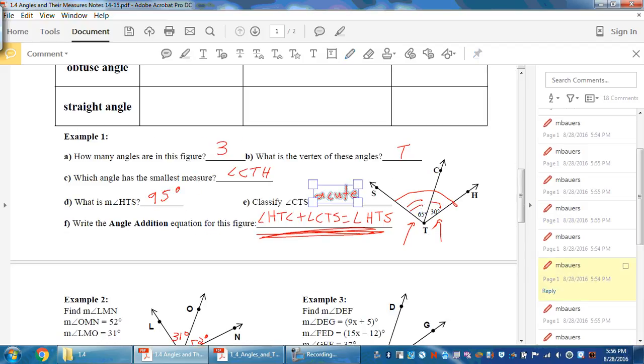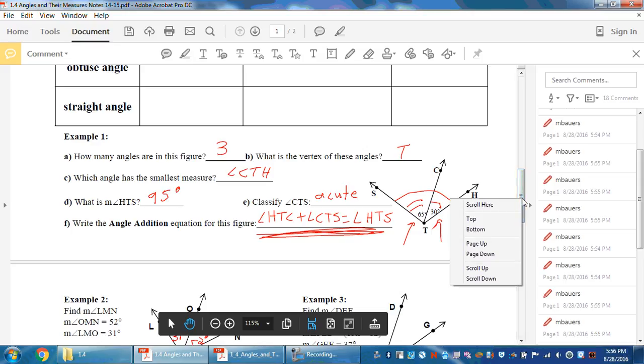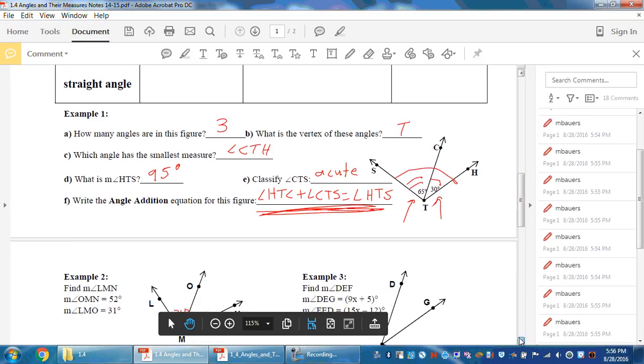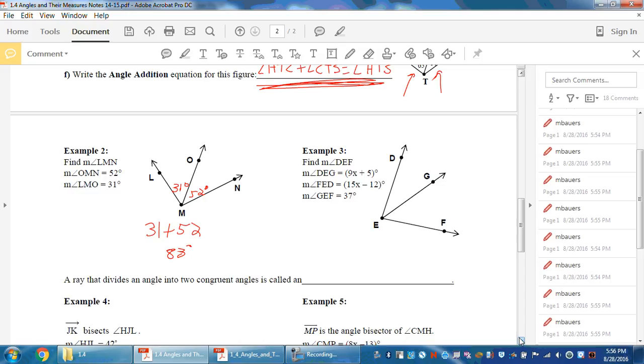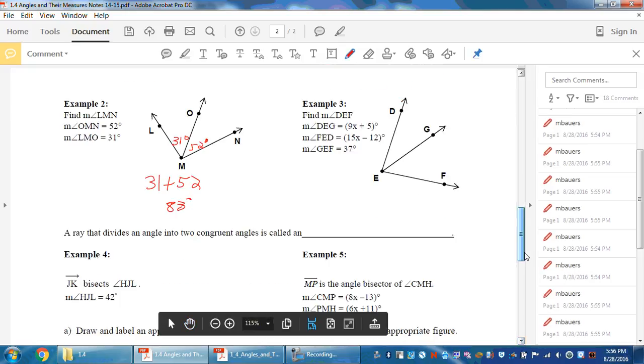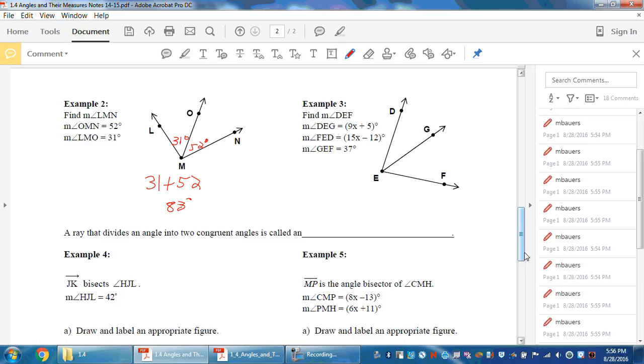Sorry, I'm having issues. So, let's label what we have, write out the equation in algebra, and then we'll be able to solve. So DEG is this one. It's going to be 9x plus 5. I'm just going to label that right in there. GEF is 37. And then FED is the whole thing. Well, just like when segment parts equal the whole, do the same thing with angles. This plus this is going to equal the entire big angle, which is FED. So we're going to have